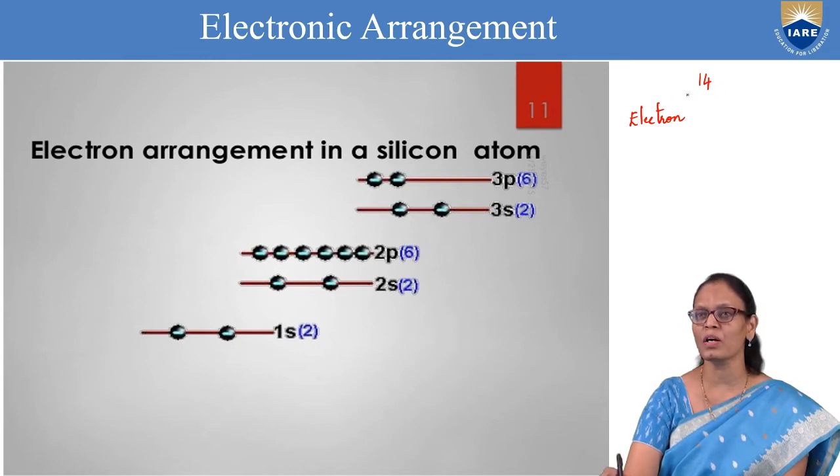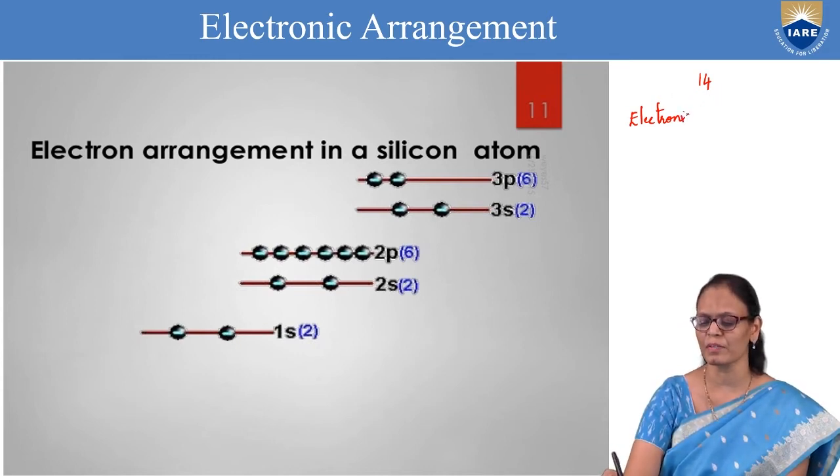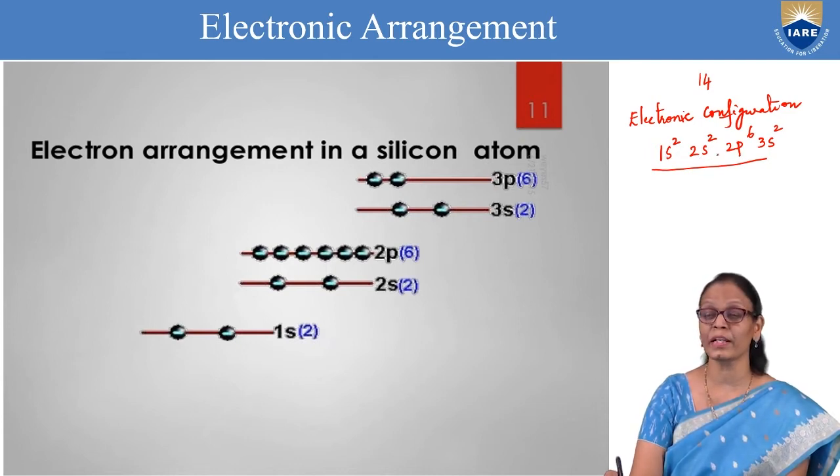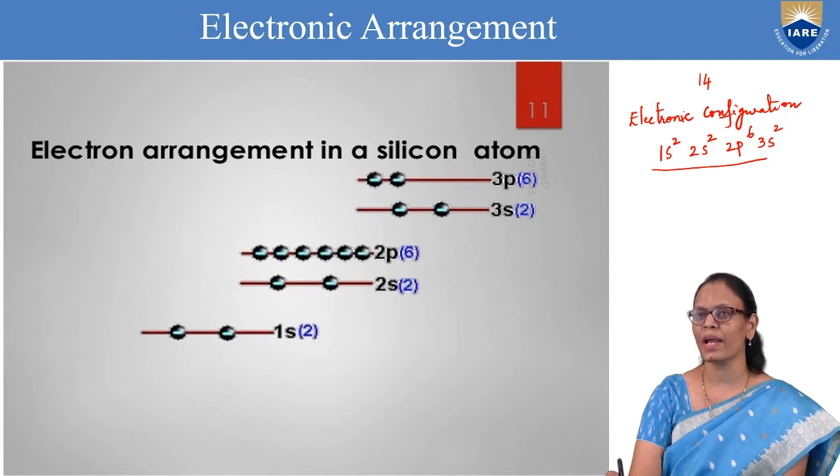Now, when we talk about the electronic configuration for silicon, we write it as 1s2, 2s2, 2p6 and 3s2. This is what you all understand now. First orbit, there are 2 electrons. Second orbit, we are dividing it into s and p subshells. So s2 and p6 and then 3s2. So the total what we have here is